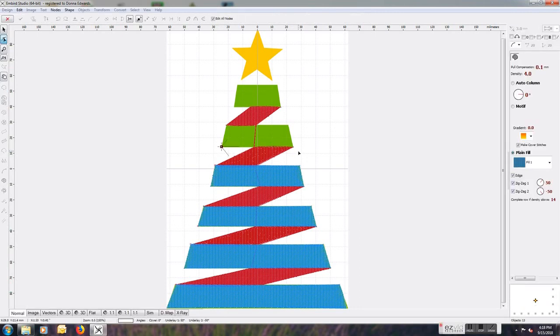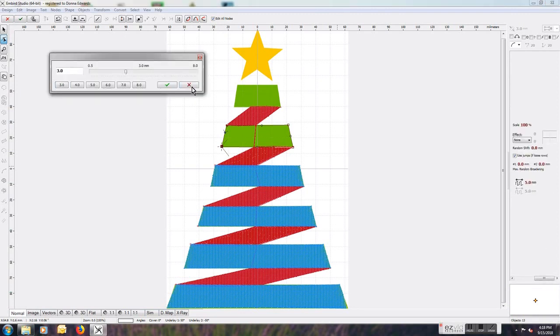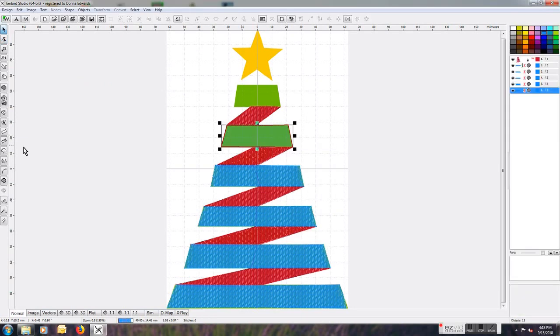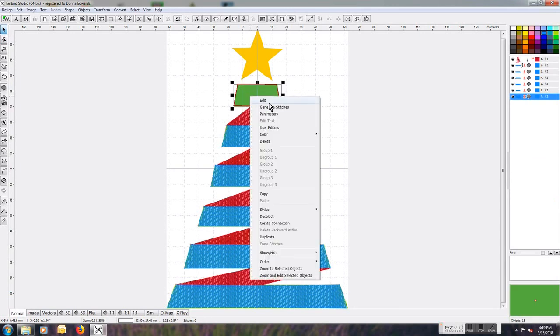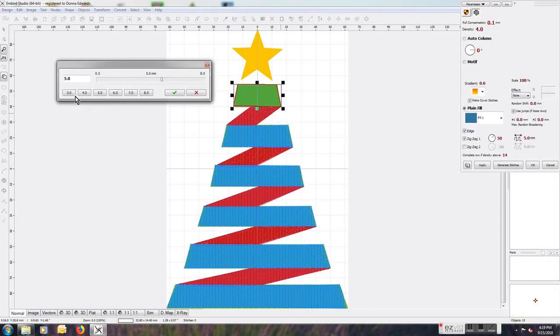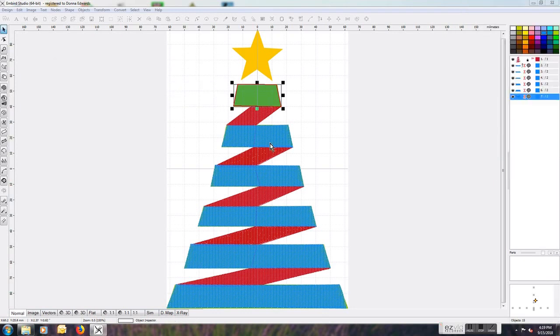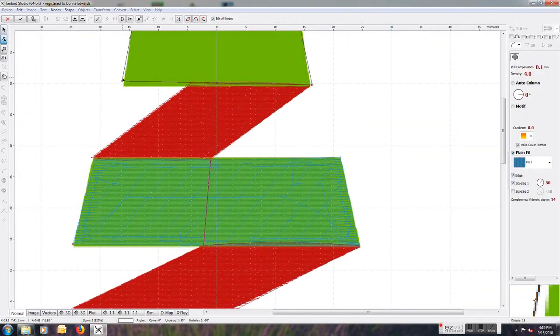Lots of different ways to do things in Embird. That's what I like about it. It's a program. And one last one for the greens. Bring this down a little bit, make it closer,